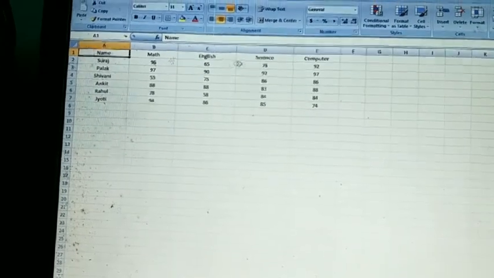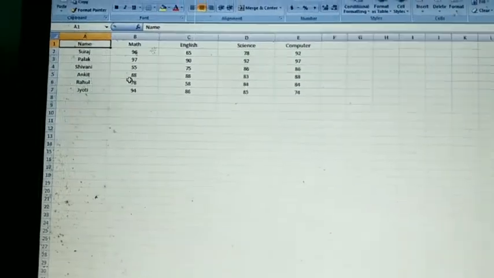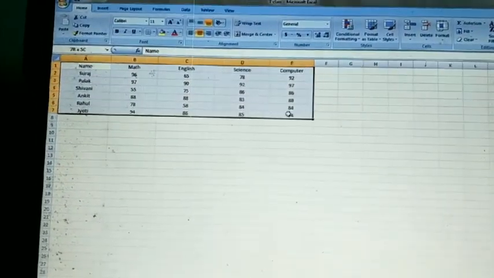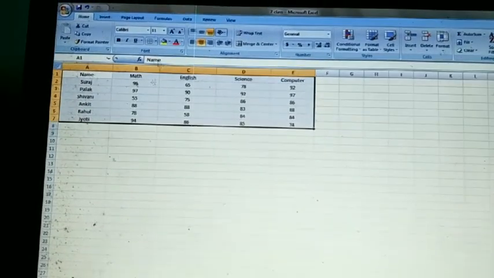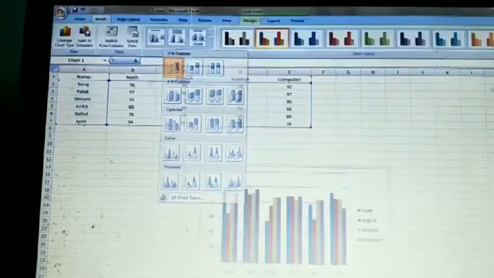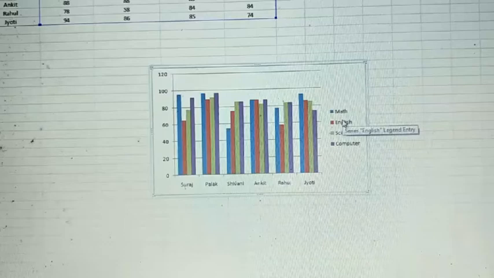So column chart is ideal if you want to do comparison. If you want to see a column chart, just select the data. After that, click on the insert option and choose column option. So that is a column chart. Got it? Now next one,